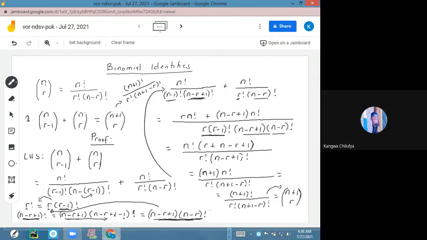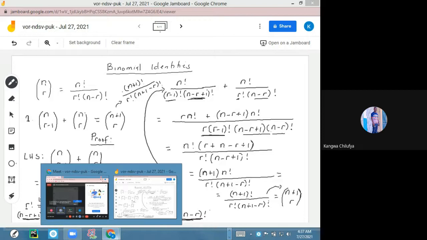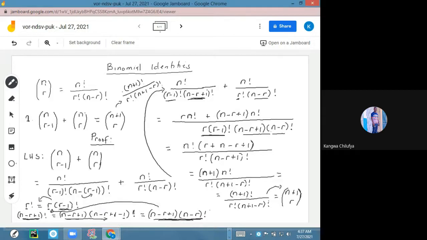Excuse me, sir. Like the way you've done it, if I was taught to prove this identity, then I go with the right hand side, then with such a step where you end up at n plus 1 choose r,